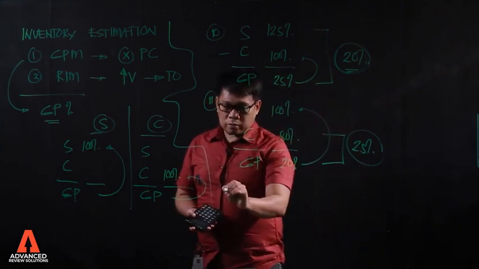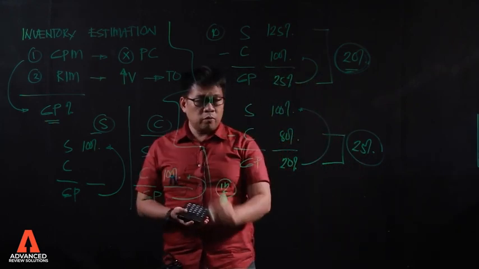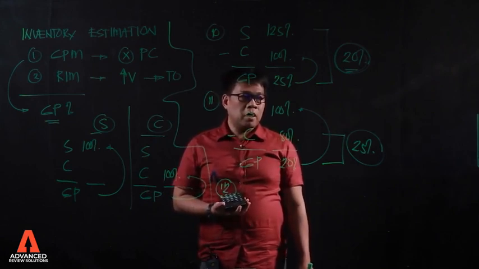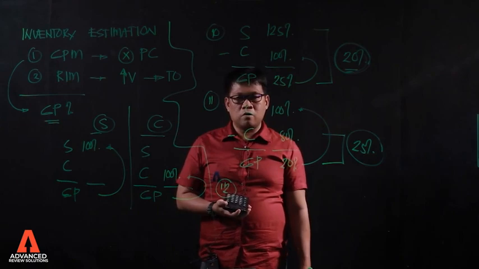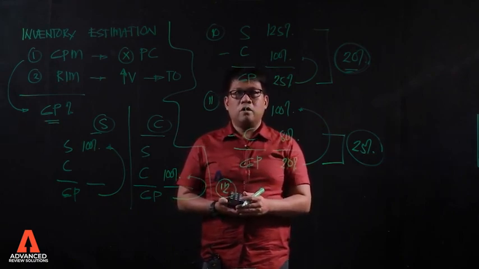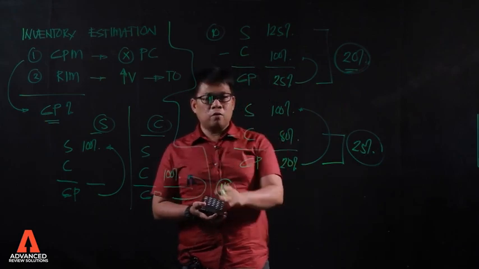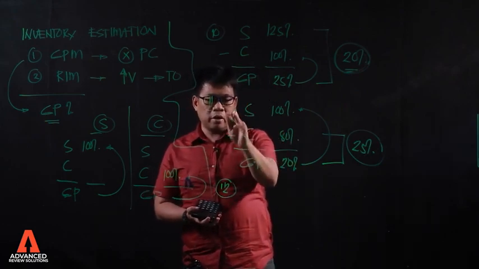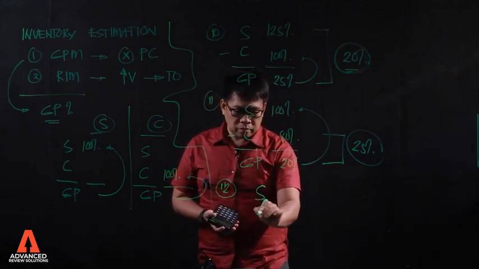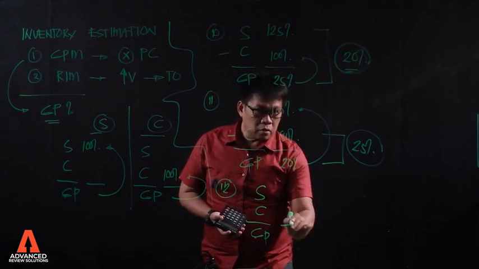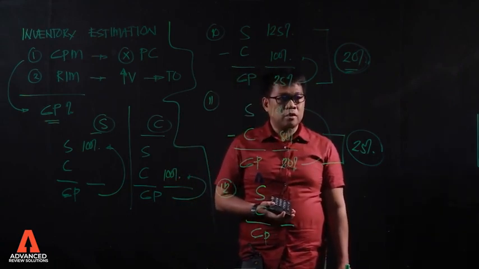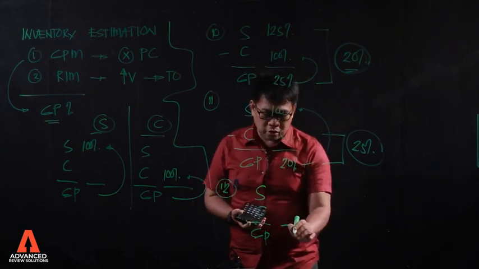Let's now go to item 12. In item 12, ang tanong dyan, class, ganito. If the gross profit rate based on sales is 20%, what is the cost ratio? Okay? Cost ratio is what? Cost ratio is computed by using the formula cost of sales divided by sales. Okay? Let's have item 12. In item 12, ang sabi niya ay ganito. If the gross profit rate based on sales is 20%, what is the cost ratio? Okay. 20%